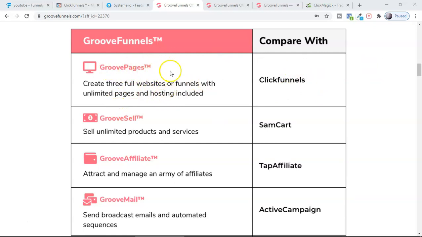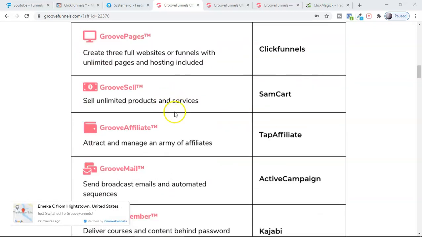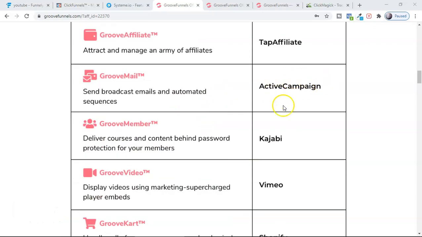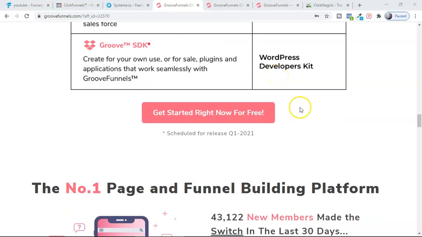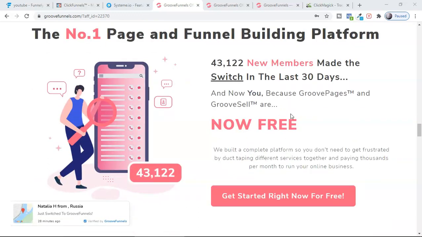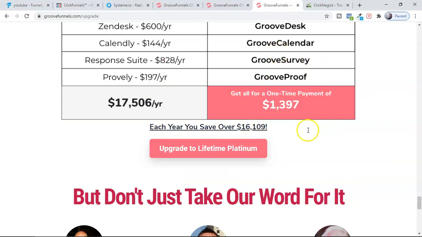Like you can create a sales funnel like ClickFunnels, and if you are a vendor and want to sell a product, you generally use SamCart, but you can use GrooveSell like this, guys. For email marketing like ActiveCampaign, they made GrooveMail. All these softwares they integrated here. This is free, but only to some extent. That means you can create 3 landing pages or sales pages with this for a lifetime. To access all other features, guys, you have to pay